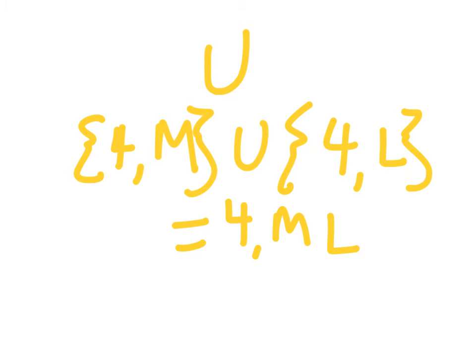The question here, what it wants you to answer, is if you have a union of sets. So this question is going to ask about the union of sets. If we had in one set 4, comma M, and the union sign, and 4, comma L over here, we know that the 4 would go, we have that there, we put the M here, we put the L there. So all the union means is that each of the separate ones, we don't do duplicates, are represented down here in the answer,